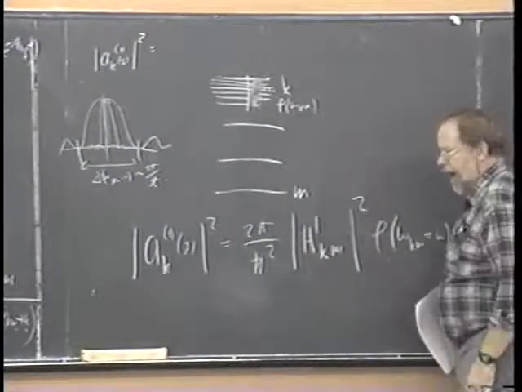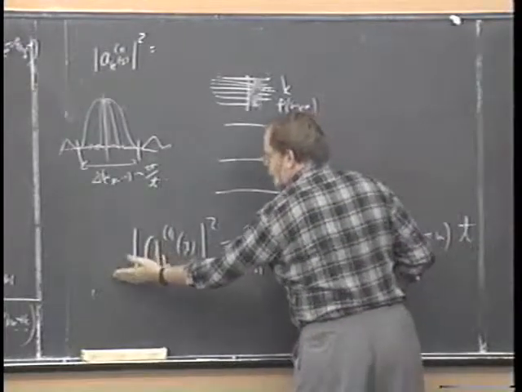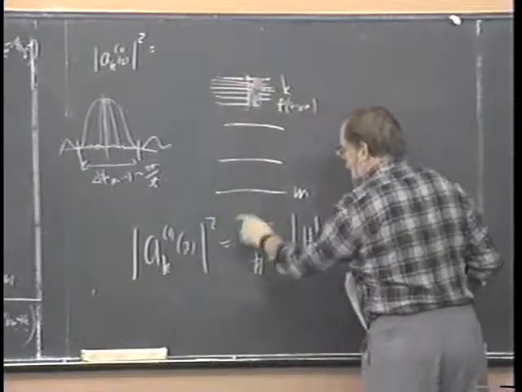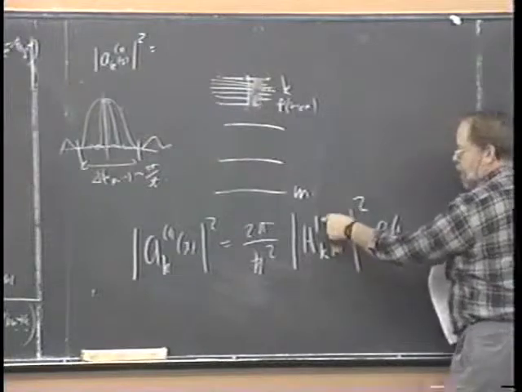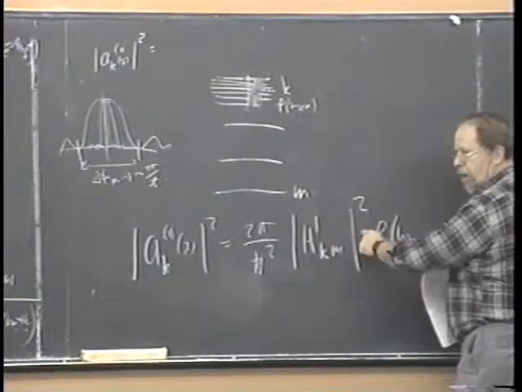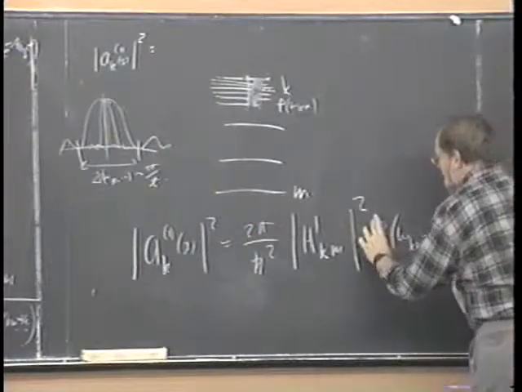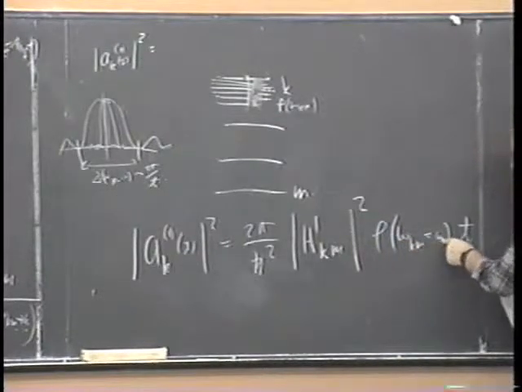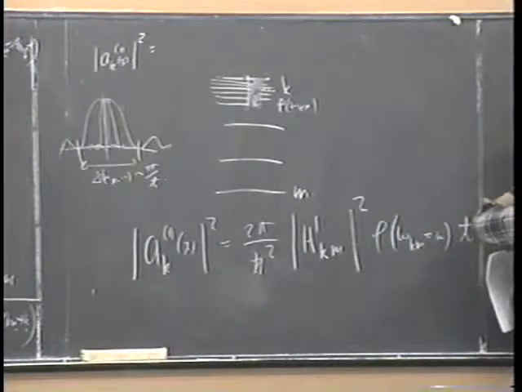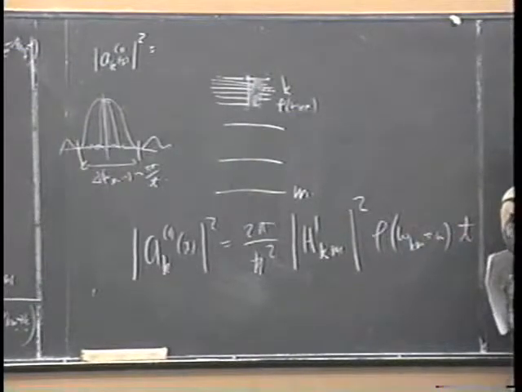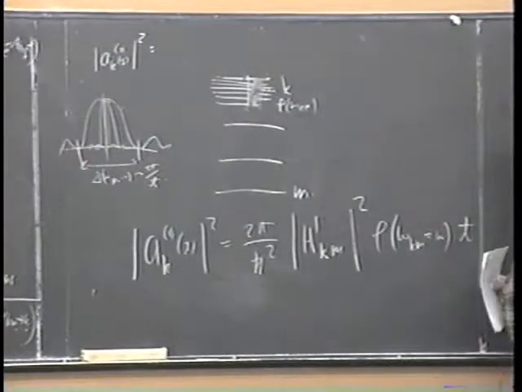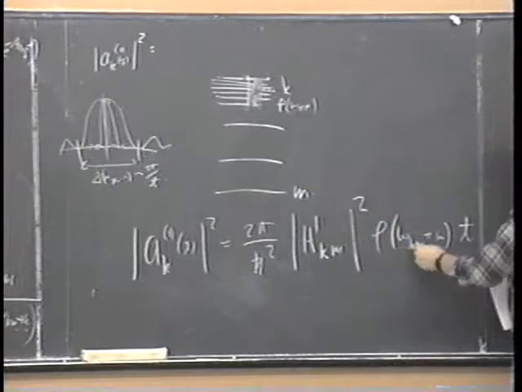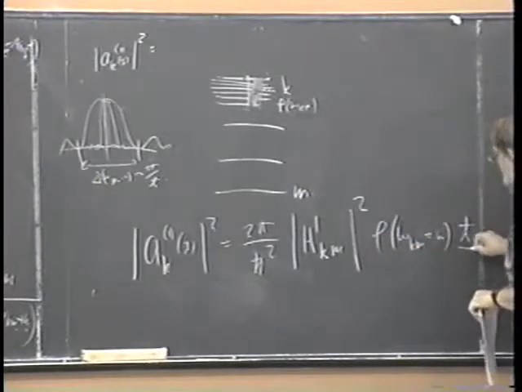Okay, when you do all that, you add all the probabilities together, you find that the total transition probability into this set of states in the vicinity of K is 2π over ħ squared, the matrix element for your perturbing potential, |Km| absolute value squared, a number you generated with the computer, and then the density of states, ρ(ω_Km), evaluated at the place where ω_Km is equal to ω. In other words, we're going to take the case where your photon comes in, has exactly the right frequency to kick the electron up to a higher energy and absorb that photon. And so you evaluate this at that particular change in energy that we're talking about right there. And you see the whole thing turns out to be proportional